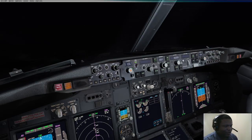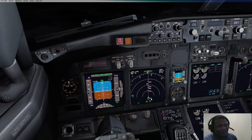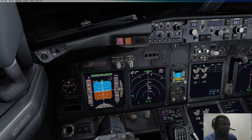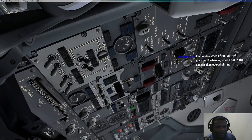Just to give you an idea, this aircraft is 1980s technology, late 80s, early 90s technology. This is a 737. So we're not even talking about the new stuff. You don't see any of this. It's all buttons. If you turn it on or off, the computer takes care of the rest. Like the hydraulic pumps, the computer handles all that. Air management, the computer handles all that. The Boeing,